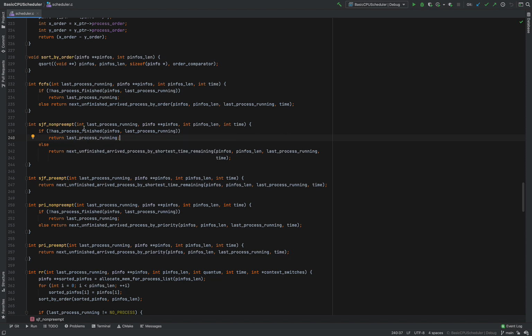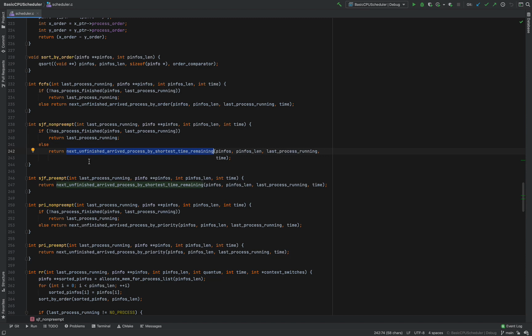So we are not going to check if the current process has not yet finished running. We are directly going to call this function, and this function has a chance of returning a process that is different from the last running process, because it is anyway going to give us the process that has the minimum running time. And please keep in mind, this function is the same function as the one being used in the non-preemptive case.